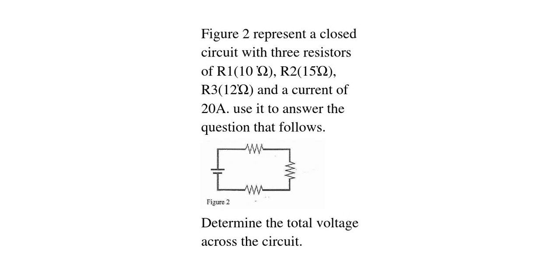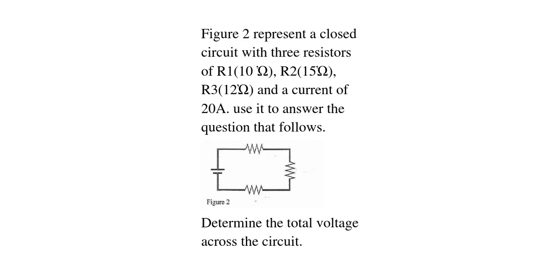Figure 2 represents a closed circuit with three resistors, R1 10 ohms, R2 15 ohms, R3 12 ohms, and a current of 2, that is 20 amperes. Use it to answer the question that follows. We have this diagram which has three resistors and a voltage supply, and we are asked to determine the total